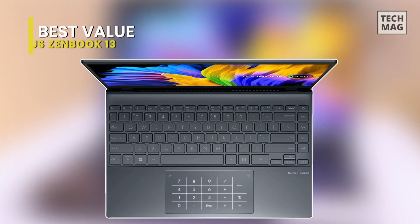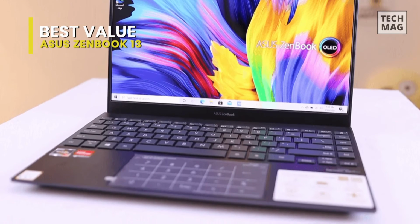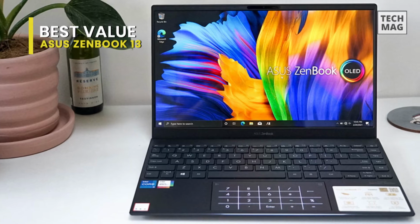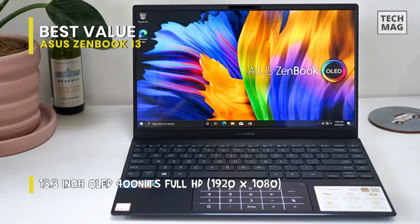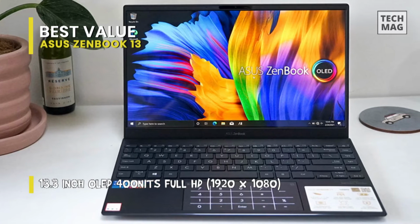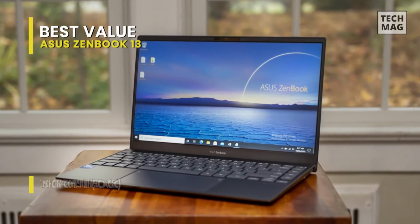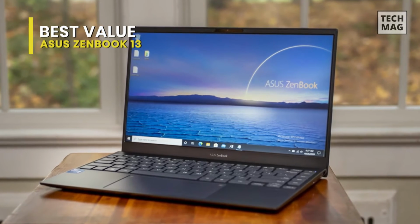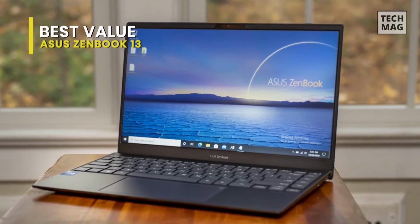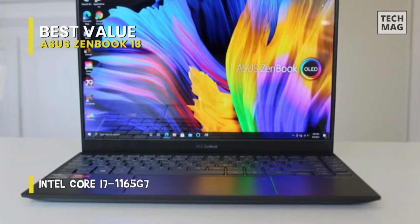Best value, Asus ZenBook 13. The Asus ZenBook 13 OLED delivers excellent value, outstanding performance, remarkable battery life, and a beautiful OLED screen. The Asus ZenBook 13 OLED is easy to carry and looks good on a desk, weighing in at a trim 2.5 pounds and measuring just 11.98 by 7.99 by 0.55 inches. It's gray and matte all over except the lid, which wears a fingerprint-attracting spun metal finish replete with an offset